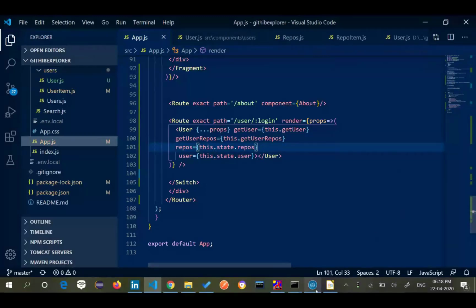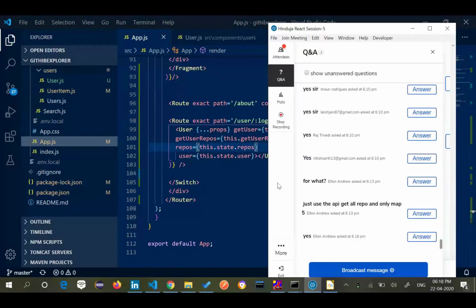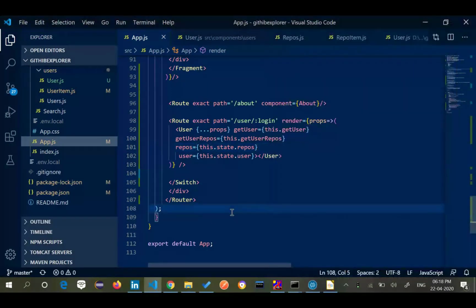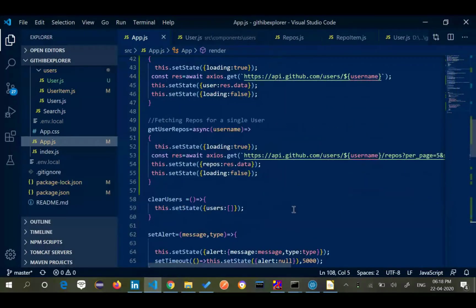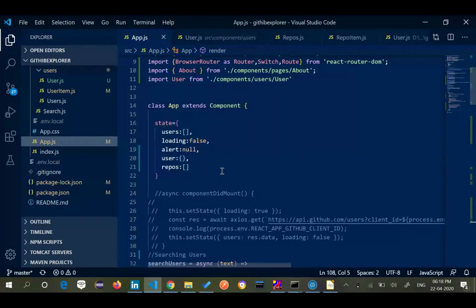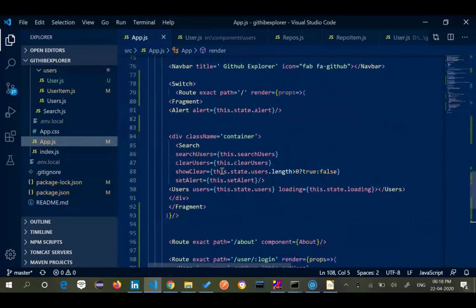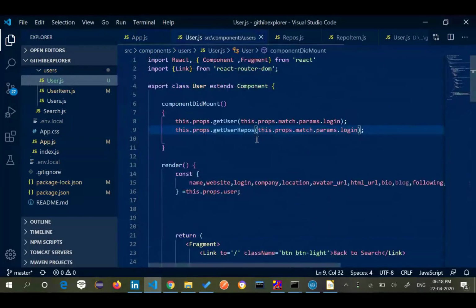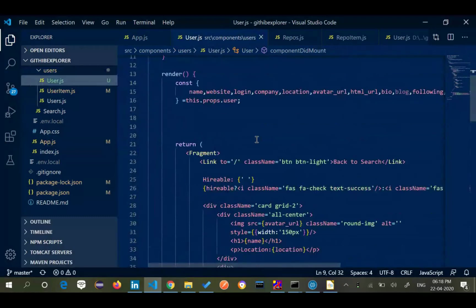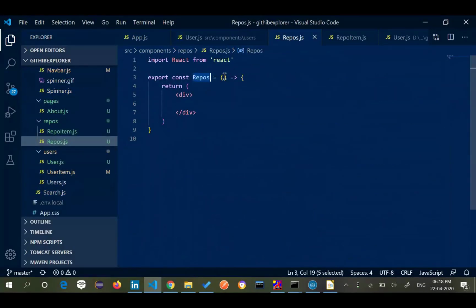Is everyone clear what I've done? Two-way implementation. Are you getting how I am passing my values up and down? I wanted the repos, so I just changed the URL and put the values inside my state, and passed them as props. This is accepting props, this is passing props. So I have accepted the props here, and whatever repos I got from there will be passed on inside my props like this.